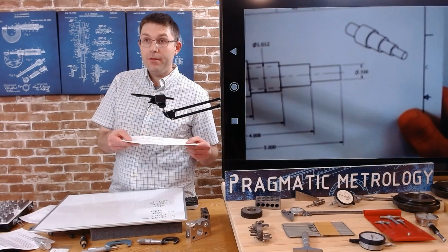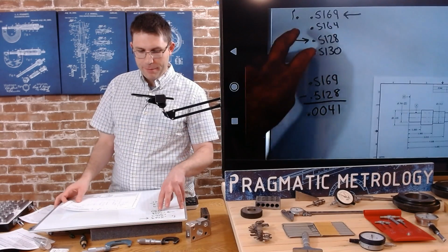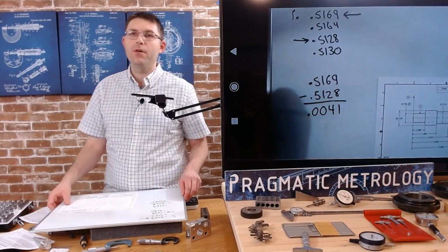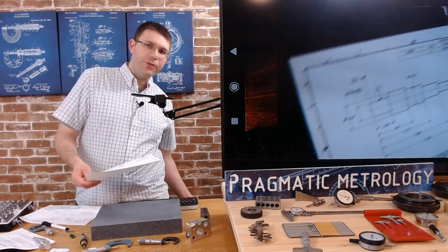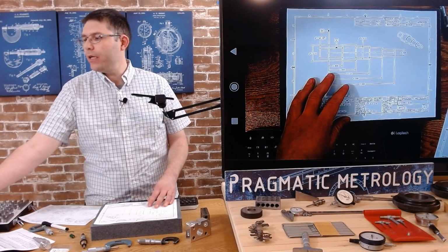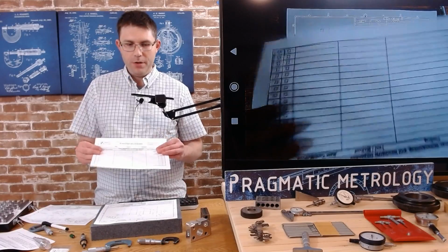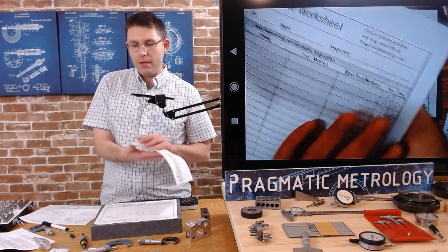508 is what I got here. And I've got 512 and 516, 517 almost. So this part is out of spec. Every point I measured. So, that happens. You note it. You can note it on your exercise worksheet that it's out of print. You can note that it's a rejection because it is out of spec,